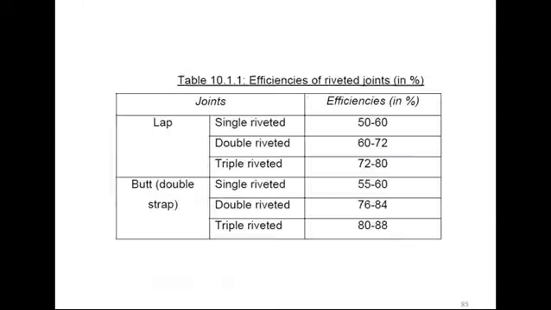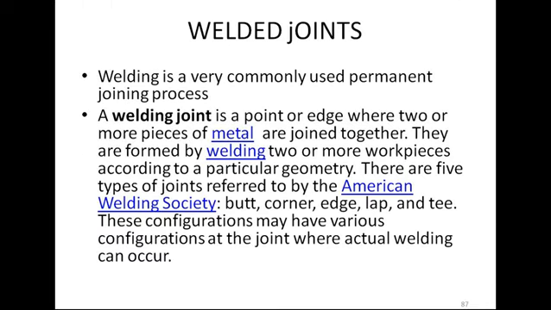So today we are going to see about the welded joints. What is the use of welding, and what are the types of welding, that we are going to see today. Welding is a very commonly used permanent joining process. As we have discussed earlier, there are two main types of joining processes. One is a permanent joining process and the other is a non-permanent joining process. A non-permanent joint can be easily dismantled, whereas a permanent joint will remain permanent. So whatever we are going to see today, the welded joints, are a permanent kind of joining process.